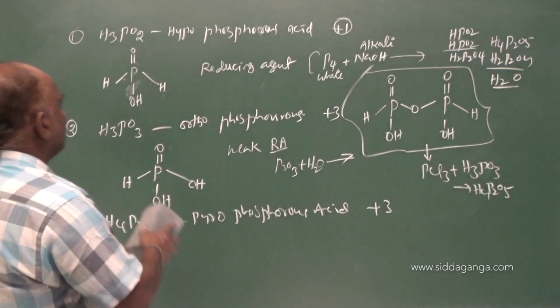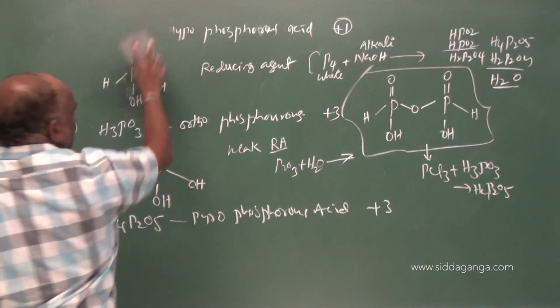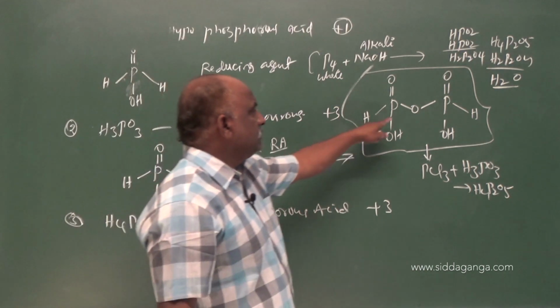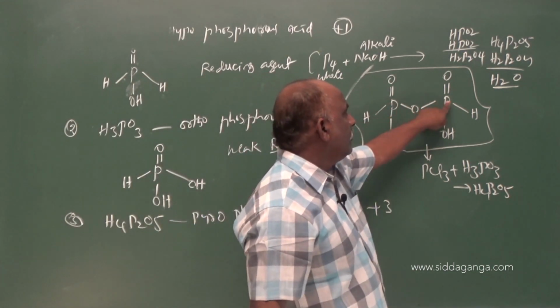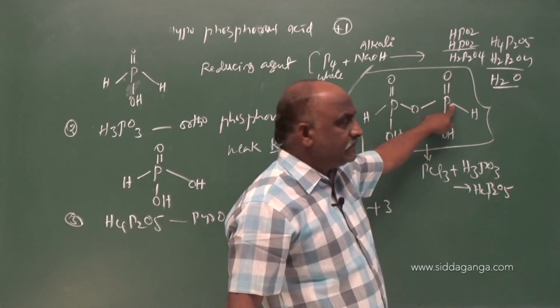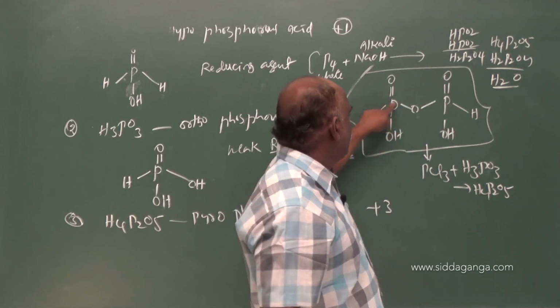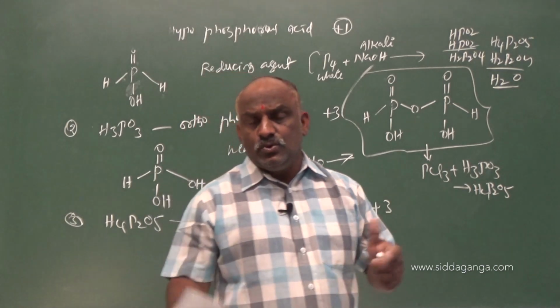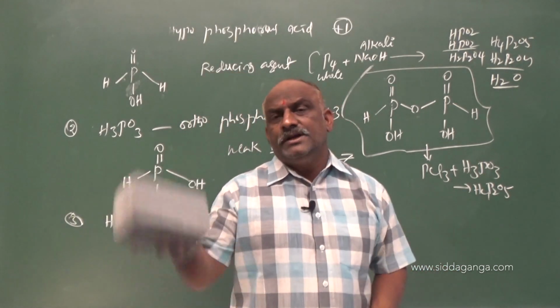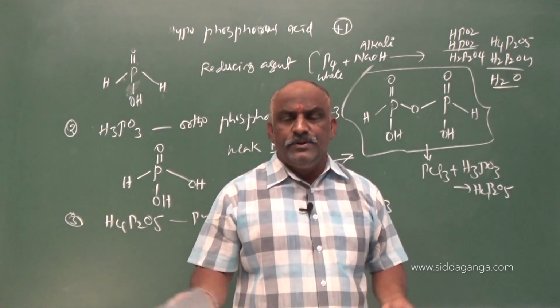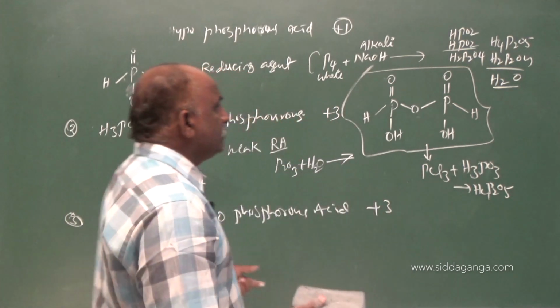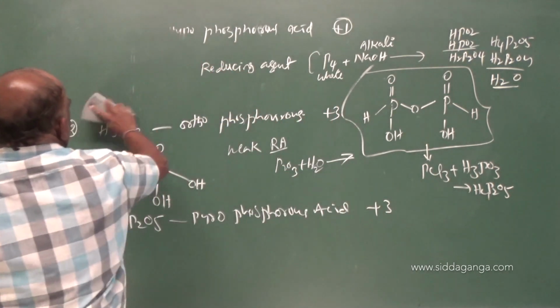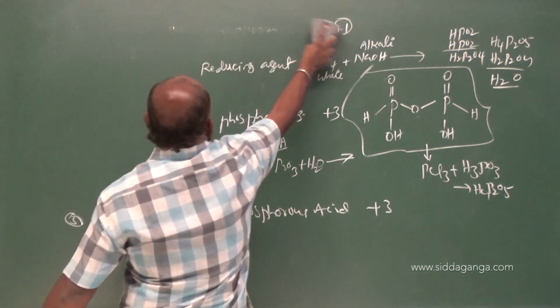So these three belong to the ous acid series. And next, make a note, my dear students, draw the structure. This was very, very important. Here a P-O-P bond takes place, and P-OH, P double bond O, P-OH, P double bond O. If more than one phosphorus atom is there, simply take the 2 phosphorus atoms individually, with double bond O upside and OH downside. Then you will get an idea about that. Clear it is. So after this, next one is the ic acid series.